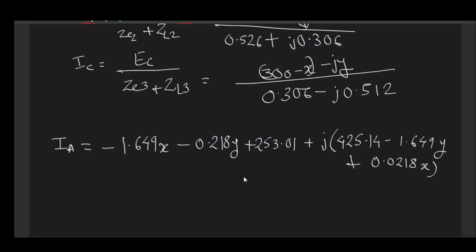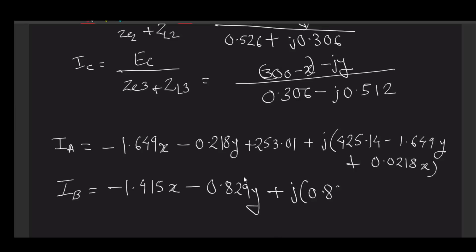One interesting thing, let me write the other current equation, then you will be able to see it more clearly. We have minus 1.415x minus 0.829y plus j0.829x minus 1.415y